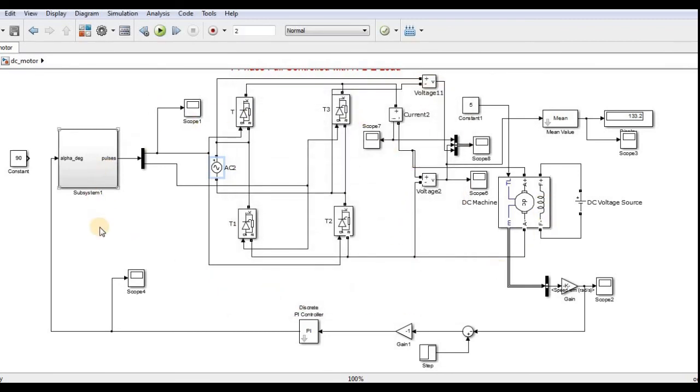So this is the simple speed control of DC motor with single phase rectifier in closed loop. Open loop also we can make, but the problem in open loop is we cannot identify how much alpha is required to get our reference speed. But for closed loop, I can give the reference as my speed. In open loop also we can give the alpha from the reference speed. Like I can take one reference speed, convert this reference speed to a factor, and after that give it to the alpha. But the closed loop is more efficient than open loop.